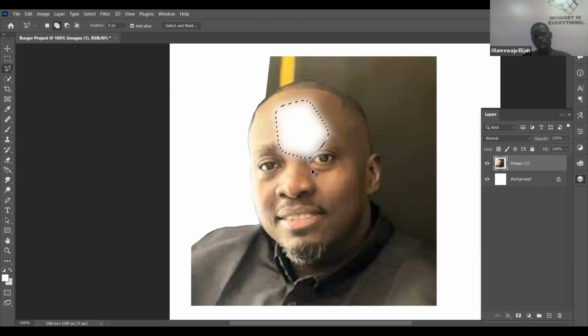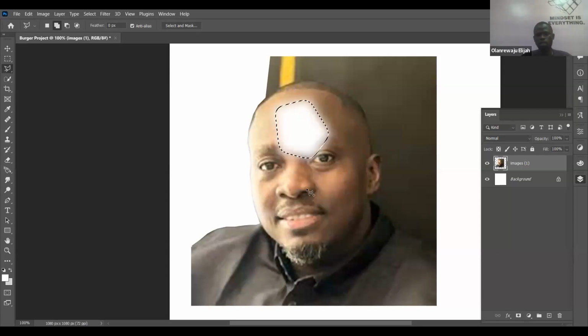Let me now show you when I did not apply any feather. Can you see how everything is sharp? Can you see these edges? Can you see how sharp they are? When I did not apply feather, if I delete it now, look at how sharp everything is. But when I apply feather, all those sharp edges will become what? They will become soft. Let me add 15 to it. Can you see now? It has become a kind of rounded shape. That's the work of the feather.